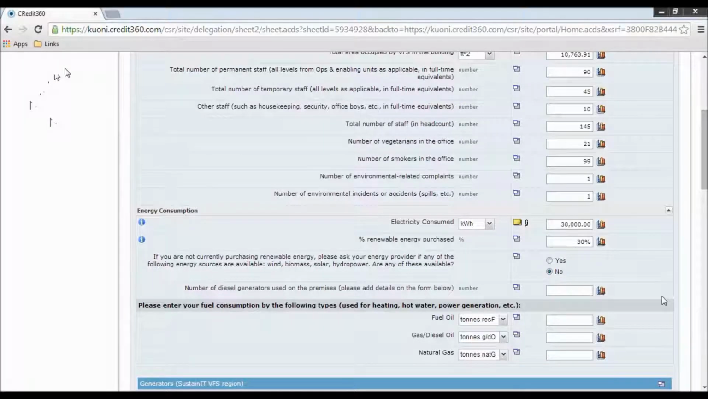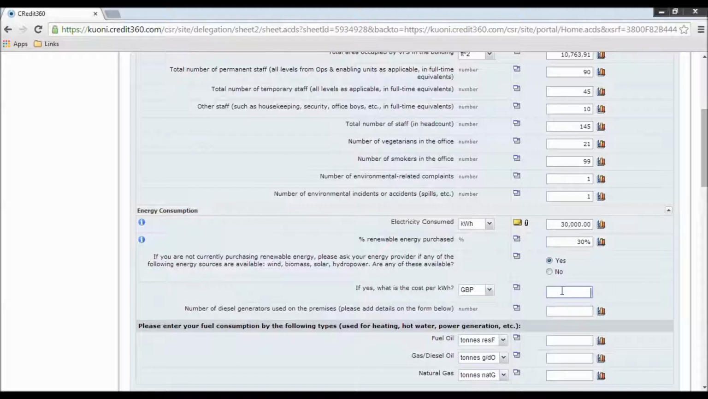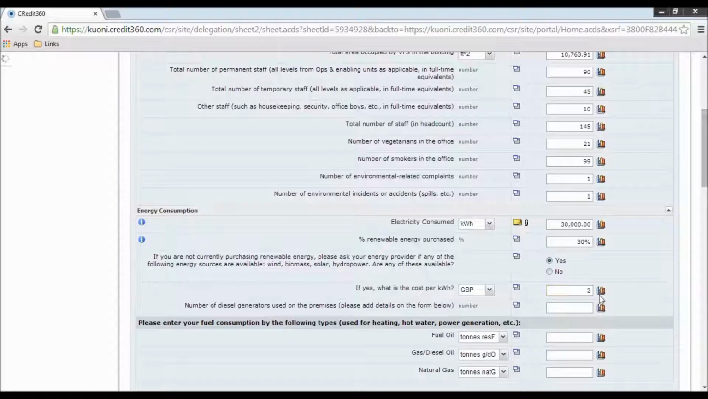The next question is conditional and is formatted slightly differently. Choose either yes or no. If you select yes, an additional question will appear. The answer for this question is not the total cost for the year, but the total cost for 1 kilowatt per hour of renewable energy purchased. This can be found on the energy invoice or bill. The answer provided will round to the nearest whole unit, however you can still see your original answer by clicking